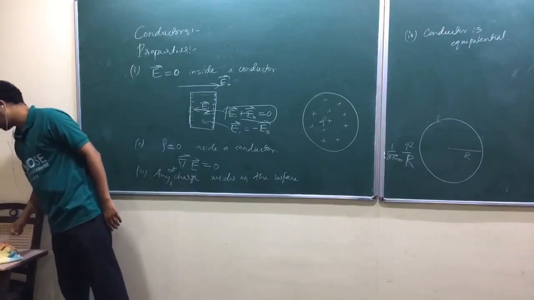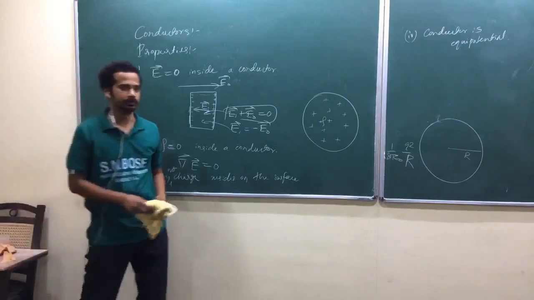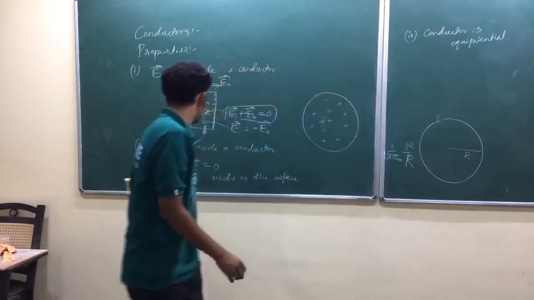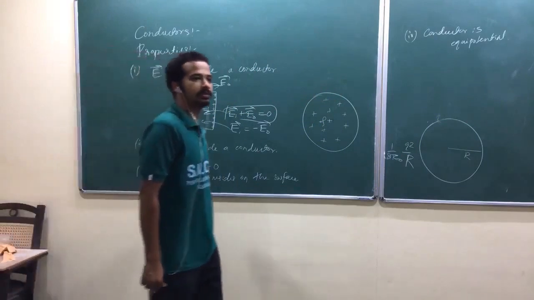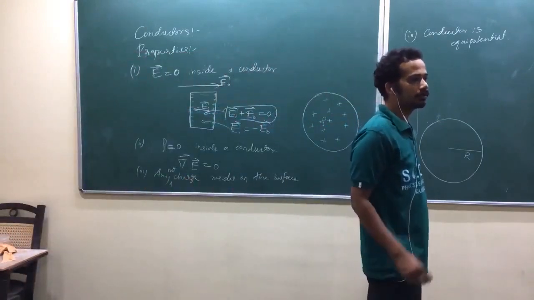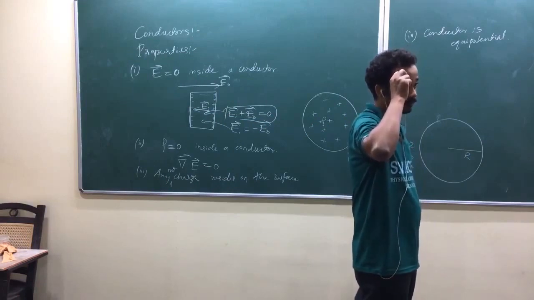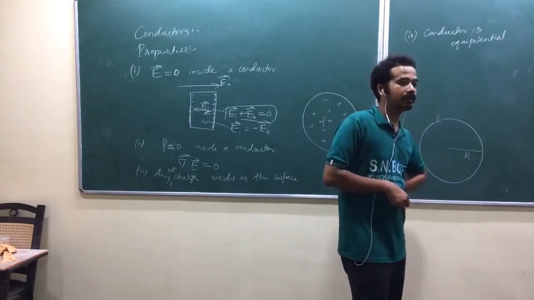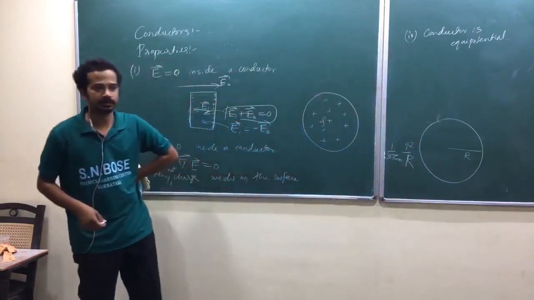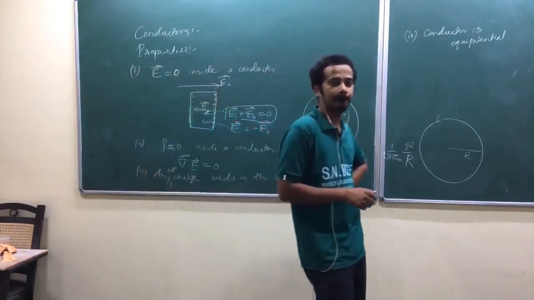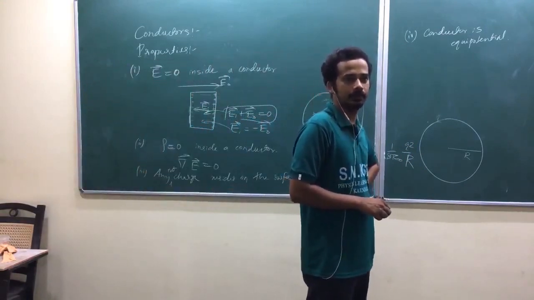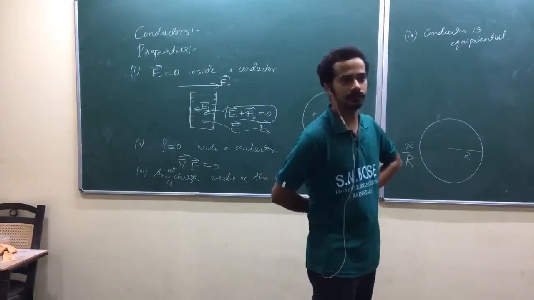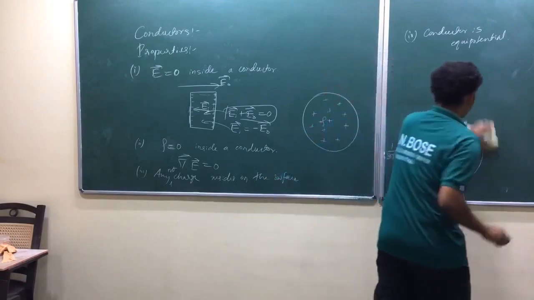A conductor is equipotential. Now how do you show this one? How do you relate that one to potential? Rho equal to 0, you can say del square V equal to 0. Not V equal to same, isn't it? Okay, surface charge density. How do you say potential is same at all points on or inside the conductor? Electric field is 0. Then you can say gradient equal to 0. Gradient equal to 0 means potential is uniform. That's a good idea.